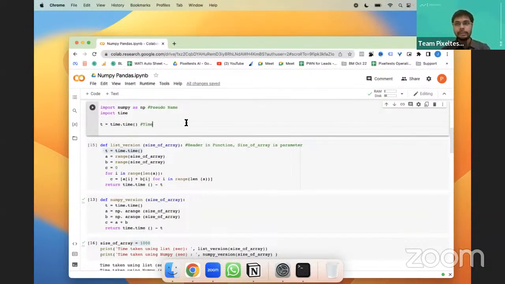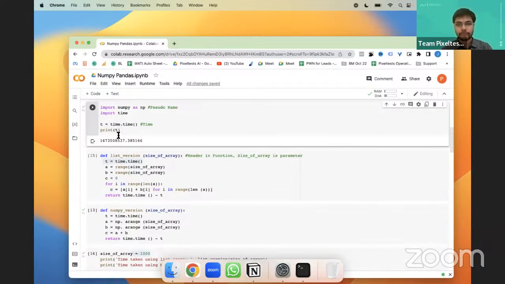Okay, this will not be like our current time, right? So I'm going to print t. Okay, so if I run this, this is the time. Now for example, after some time, the program ran, so now it was like 537. If you run it again, it'll be 548.